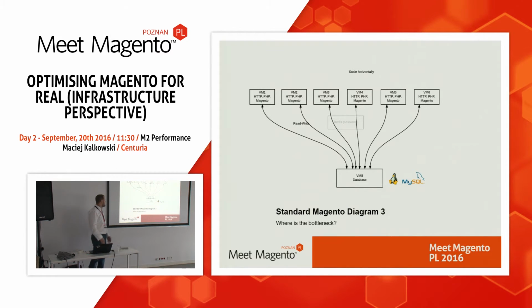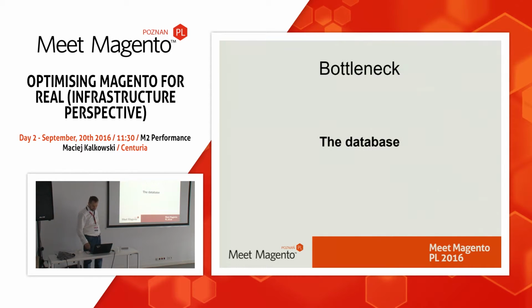The database server. So scaling Magento the way it is done in cloud apps, in which you just launch a huge amount of instances, is not the solution here. It helps. It always helps, but it's not the real solution for the problem. If we want to scale for real, we need to do something else. So the bottleneck here is the database. And